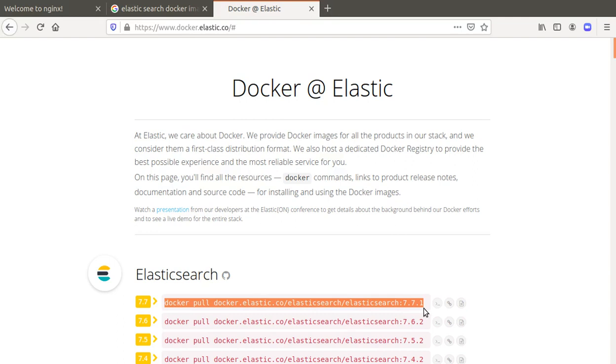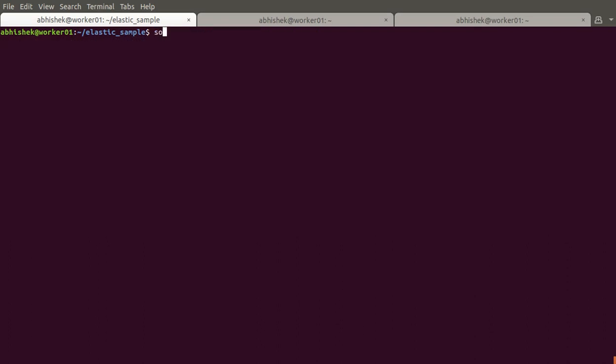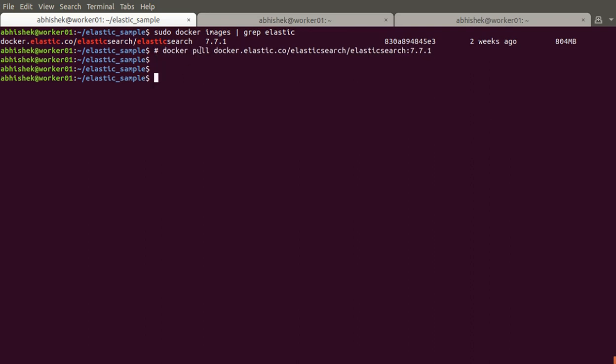So I already pulled this image. Let me show you. So here is the image, and you can use this pull command to pull the Docker image.